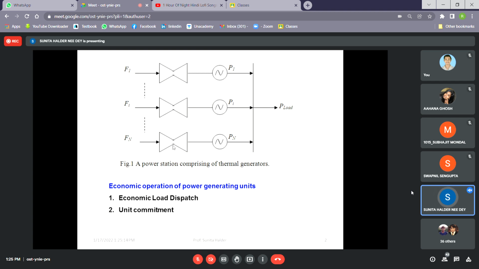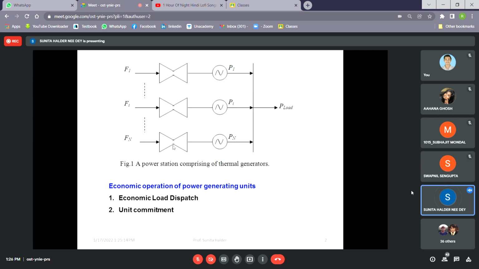So when we are discussing economic operation of power generating units, at this stage we are not considering any transmission system. We are assuming that the load is directly connected to the generator and there is no transmission line loss. But this is not the practical thing. Obviously, this will be applicable to an interconnected power system, where there will be more than one transmission line, and the generation will be scattered as well as the load. So this will give you only the preliminary idea about economic load dispatch.